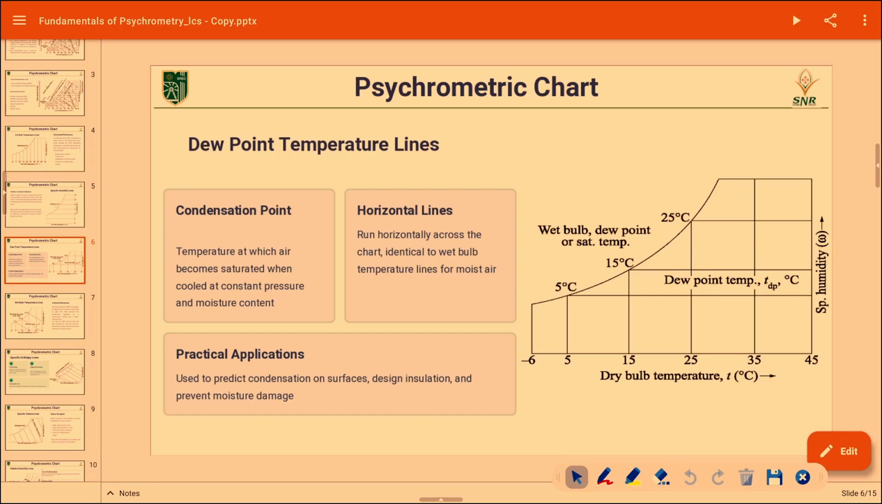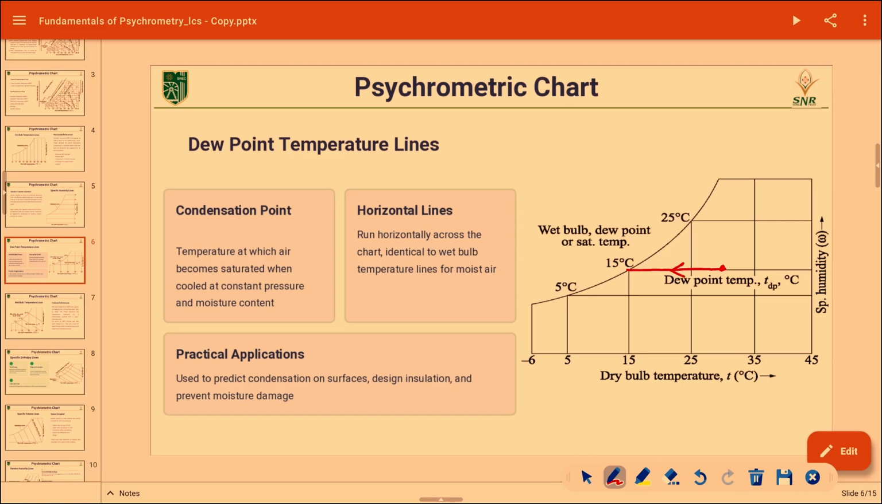So, in calculating dry bulb temperature and specific humidity, we made only one line, vertically downward and horizontally rightwards. Now, to find dew point temperature, we need to make two straight lines. Suppose this is the state point, if my state point is here, then first I have to make